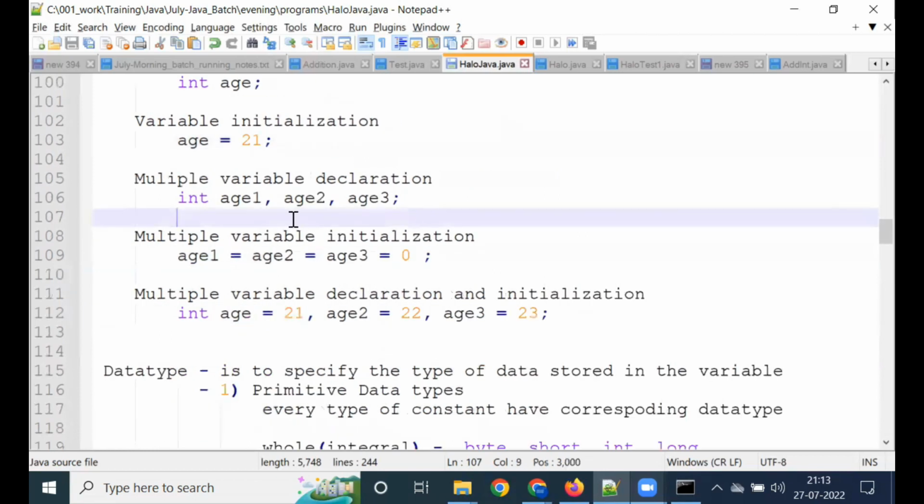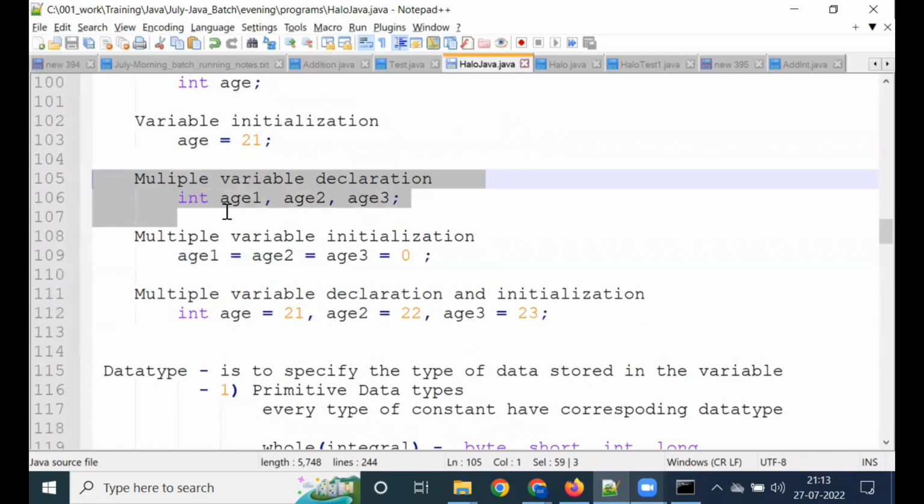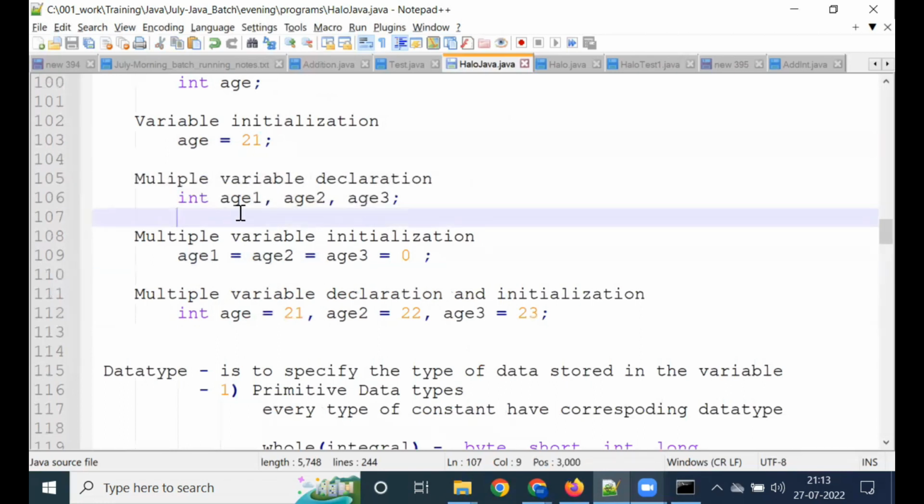Okay, so you can declare multiple variables at the same time in one declaration statement. You can initialize all the variables with one value like this, multiple variable initialization with a single value. You can also do multiple value declaration and initialization at the same time. You can use a comma as a delimiter or separator between two variable declarations